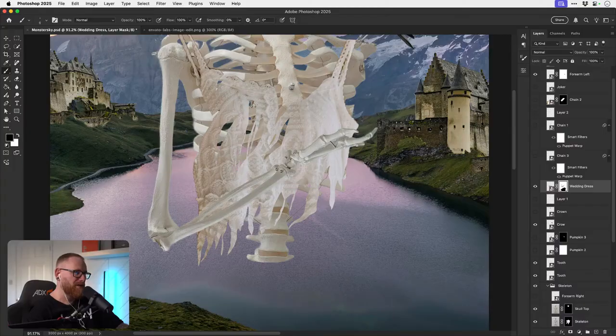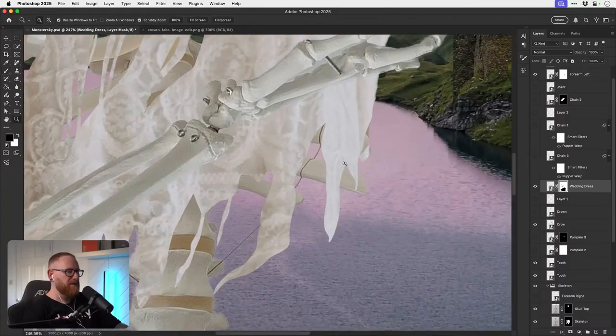Kind of actually want this to be really rough, so having a very unsteady, almost shaky hand is going to be very handy here. See, like this bit here, it just looks way too smooth. So we're going to have to go in and just jag it up. Jag it up.